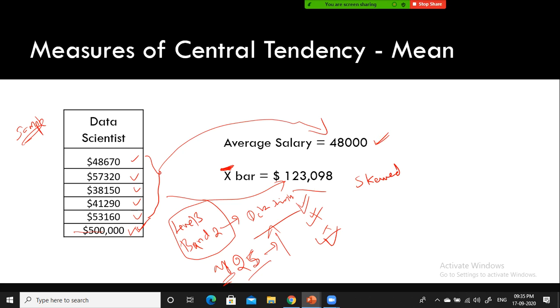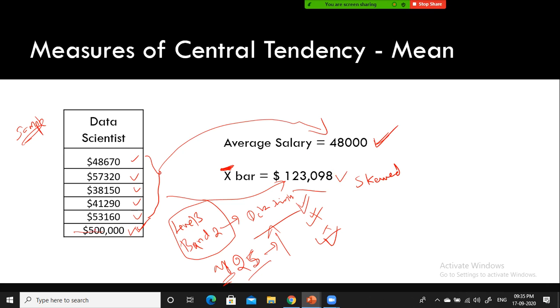A simple example: let's say you work for Infosys and I want to join Infosys as a data scientist. I call Dwarak and ask, hey Dwarak, I'm interested in joining Infosys, can you shoot my profile? But before that, I would like to get a sense of the average salary I can get if I get a job with Infosys, given my band and level. And now Rishik says 48,000. Or if Rishik says 123k, right?